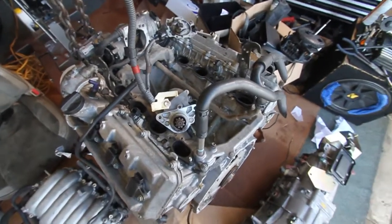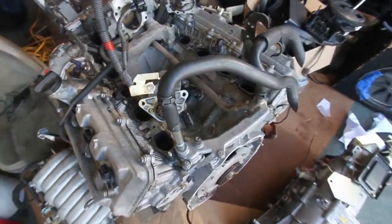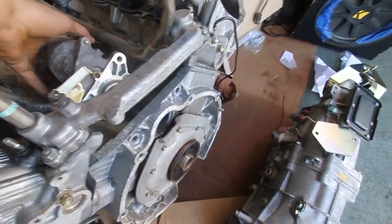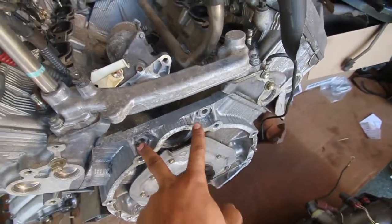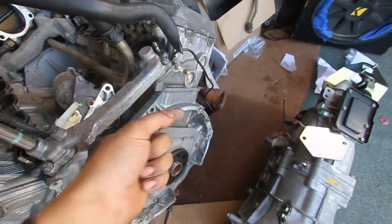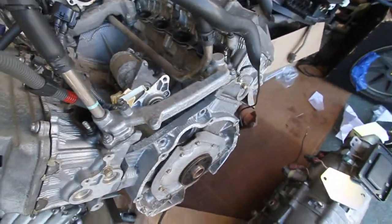Alright, you guys, it's another Sunday. I'm back. I'm actually kind of sick, so excuse my poor voice. Got the starter out. From the factory, the starter bolts run through the rear, like so. But I'm actually going to be running them from the inside out and with a nut and washer. I'll show you how that's going to look in a minute here, because they actually need to be ground down